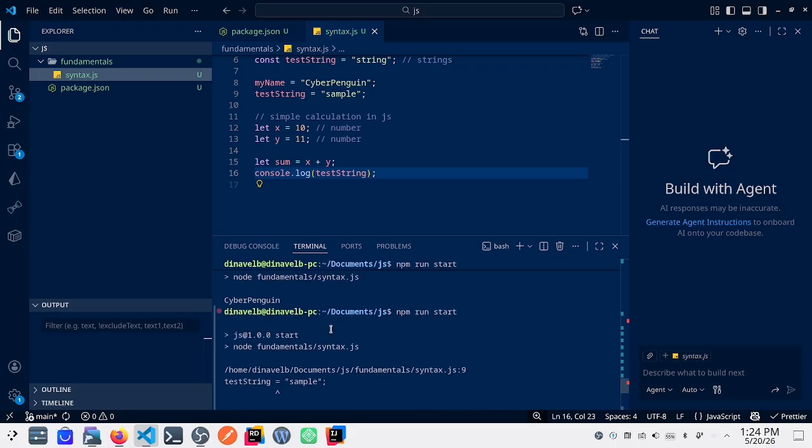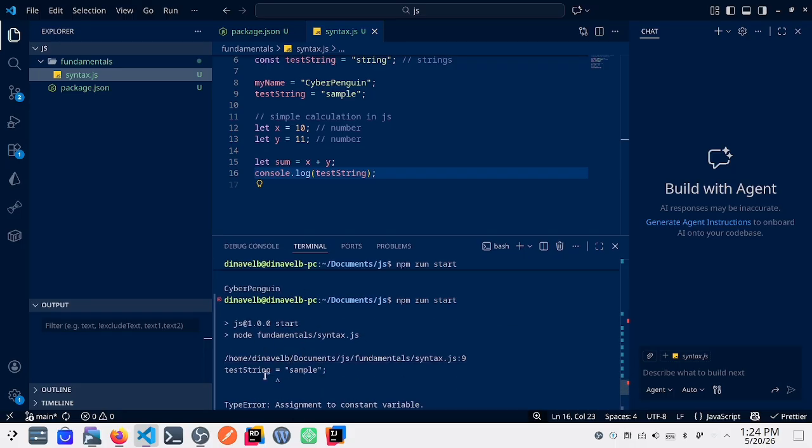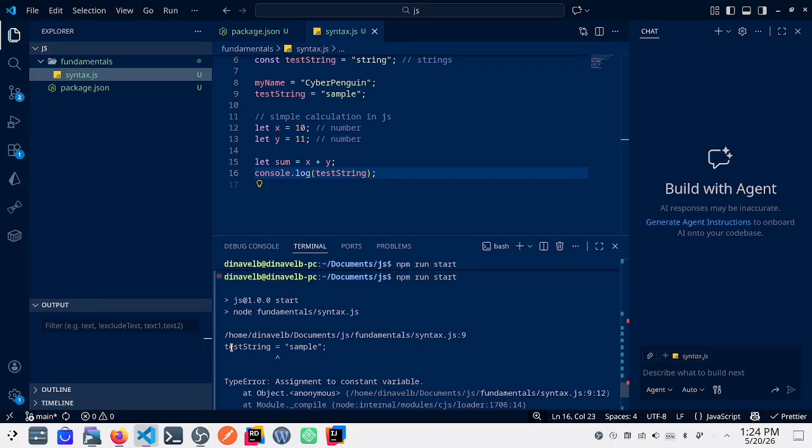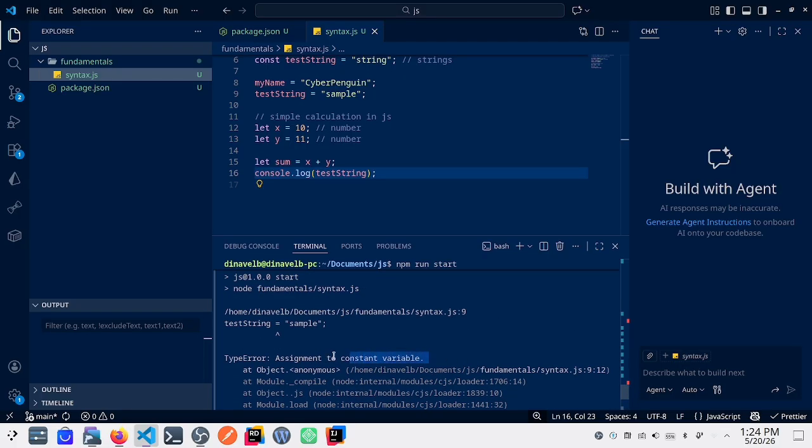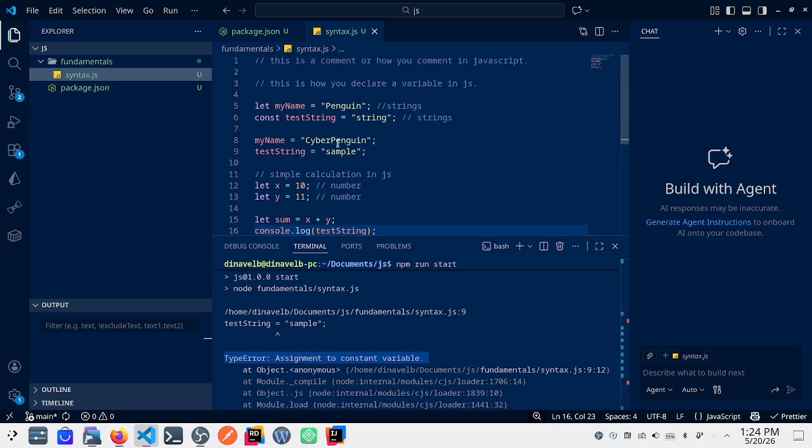Okay, so here it throws an error: assignment to constant variable. So the rule of syntax in JavaScript is that you can't assign a new value to a variable declared as constant, which is the scenario here for the test string.